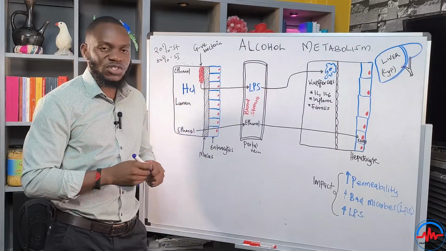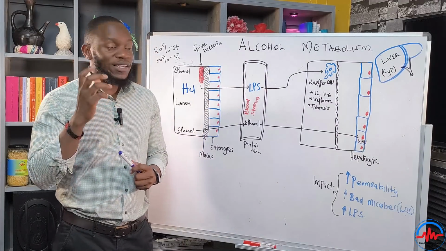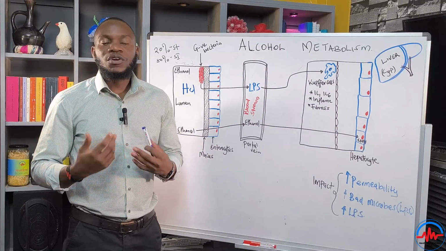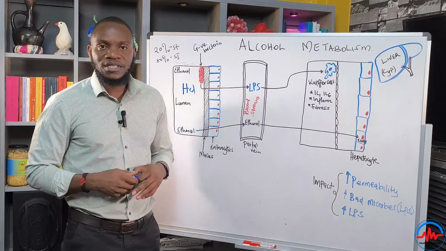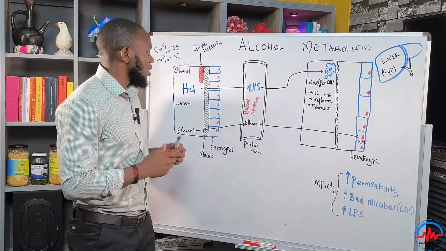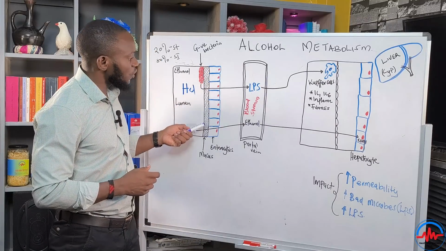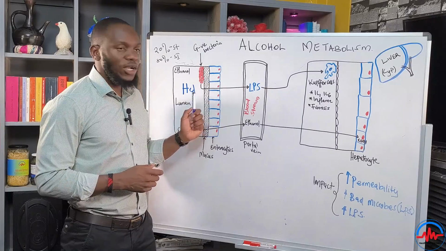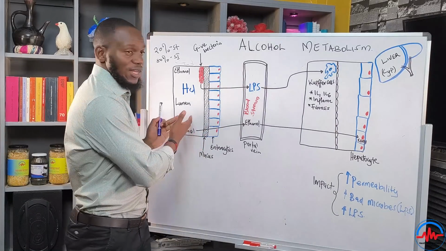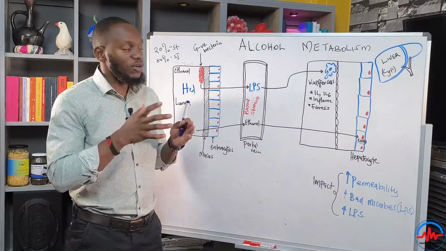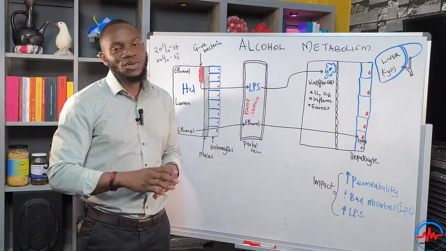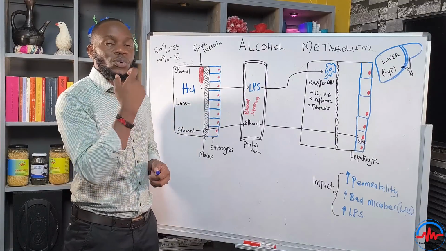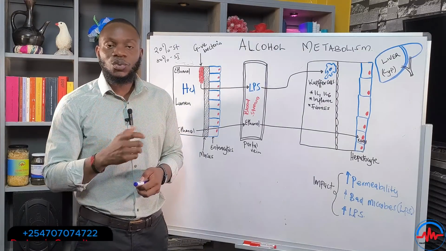Remember, in your stomach, you have a strong hydrochloric acid that is actually affected by alcohol. So if you're a chronic alcohol user or you abuse alcohol all the time, most of the time you'll end up getting gastritis. The reason is alcohol comes and destroys this mucous membrane that is supposed to protect your gut wall or the cells of the gut from this acid. Now, when you destroy that lining, you have exposed the gut wall to the content of the acid. That means you're going to suffer because now the acid will start burning and corroding the intestinal wall directly.